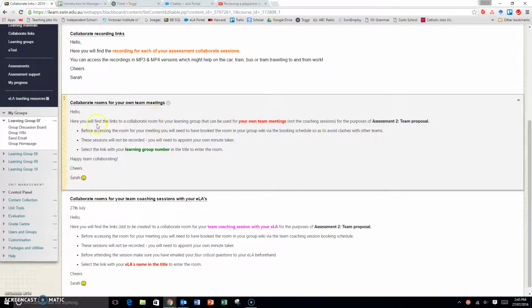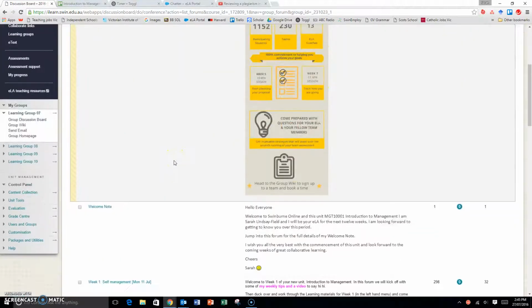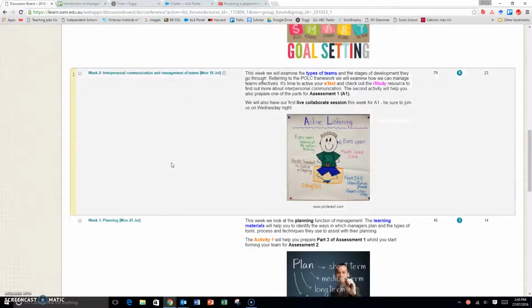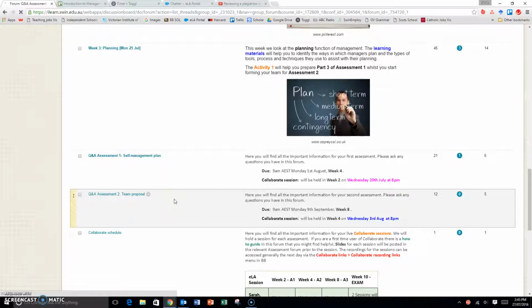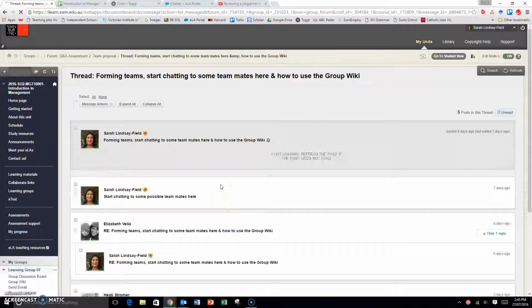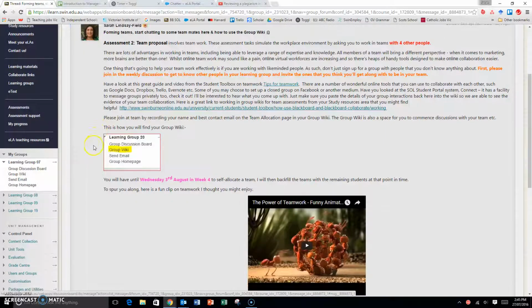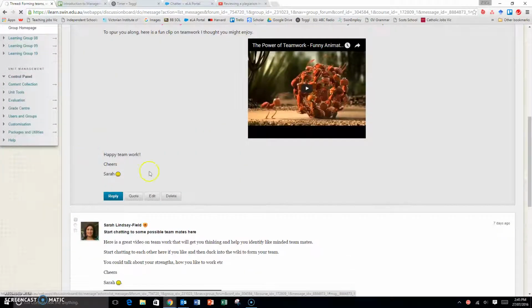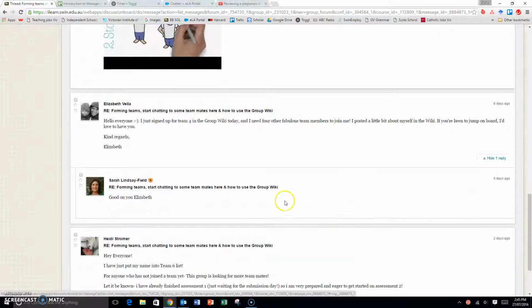Another thing, when you're trying to get in touch with each other, I know a few people are trying to get in touch with each other on the discussion board. I thought I'd show you a good way to do that. For example, if you look here at the team proposals, we've got a few people chatting to each other about getting into teams. A really good way to chat to somebody about your teamwork or approach them, rather than putting something on the discussion board, is to click on the email author button, which is this one here.